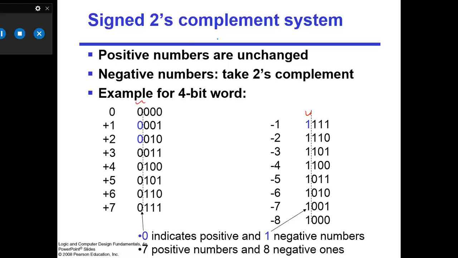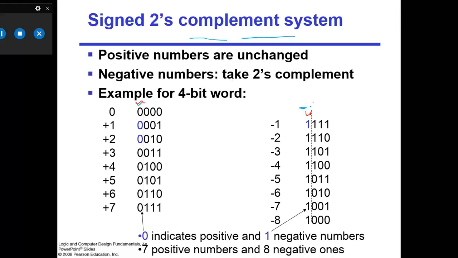So if you have signed numbers, previously we were talking about unsigned numbers and unsigned subtraction, but in signed numbers we have a range both on the negative side and on the positive side, and one bit is dedicated to the position of sign. For a positive number, this bit remains 0. For a negative number, this bit remains 1. So in positive it's the same thing, but in negative the number is basically taken as the 2's complement of the